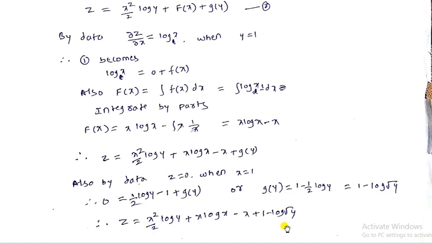So these are a few examples on the solution of non-homogeneous PDE by direct integration. You should remember it: when we integrate with respect to x, add the arbitrary constant as a function of y. When we integrate with respect to y, add the arbitrary constant as a function of x, and use the given condition. If they do not give the condition, then we only integrate and find the solutions.